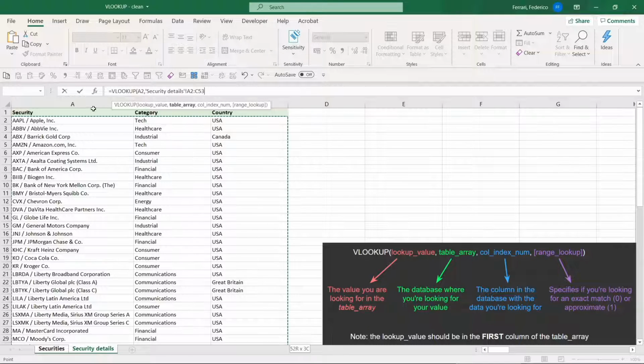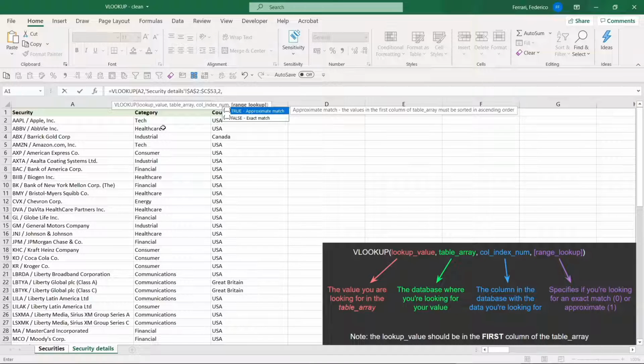VLOOKUP will not work if security is not the first column of your table array. Now, we want to freeze the selection, so we type F4, and as you see, we added dollars here, and so the selected database will not move even if we paste the formula somewhere else. Next, comma, and we want to define the column index number, which is where is the information we're looking for in the database we selected. So we're looking for the category information, which is column 1, 2, and we write 2, comma,